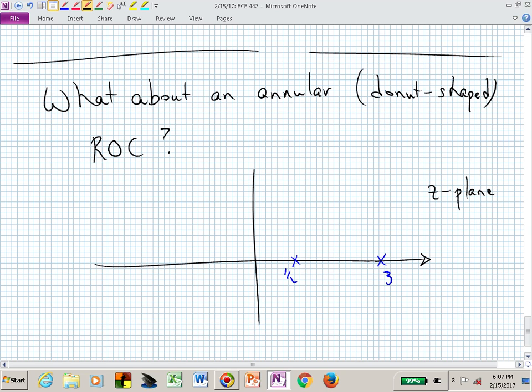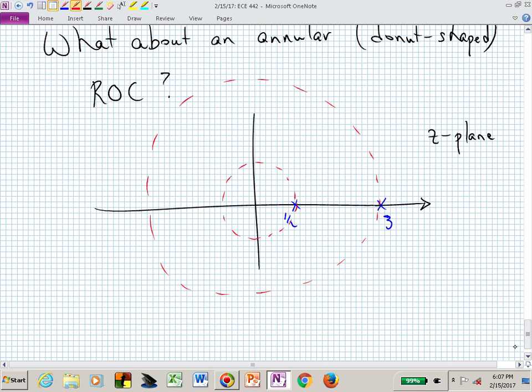I didn't give myself enough space, but you get the idea. This is supposed to be a circle, and so is this. I apologize if my donut is a little lopsided, but my region of convergence now is in between